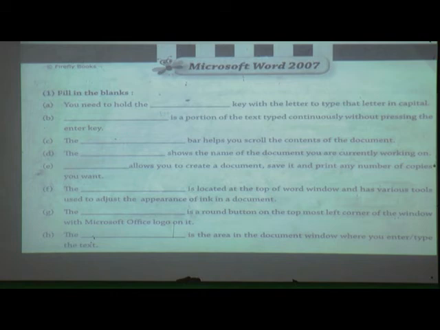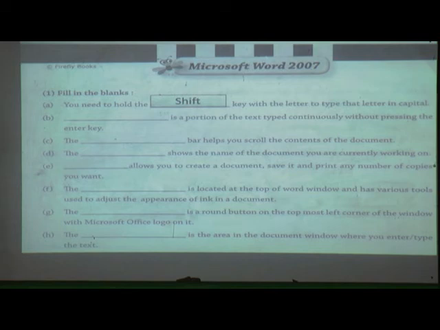Two keys are useful for writing capital letters, caps lock and shift key. But when we press caps lock, there is no need to hold this key. Then which key do we require to hold continuously? Yes, shift key. Then what is the answer of this question? Shift. S-H-I-F-T, shift.